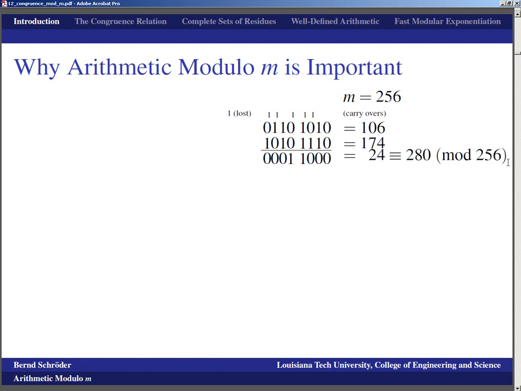And 24 modulo 256 is 256 plus 24, which is 280. And 280 happens to be the sum of 106 and 174. So if this number here is a, and this number here is b, then a plus b is